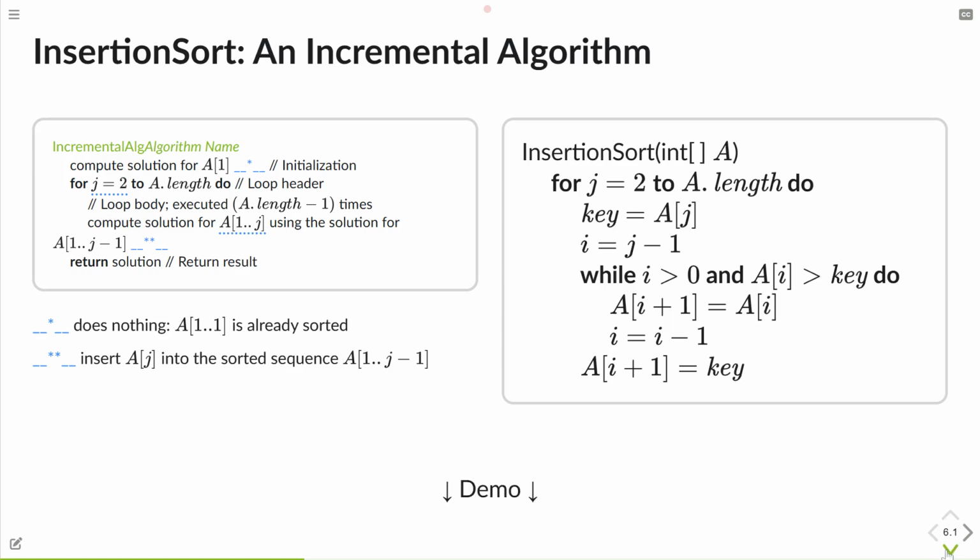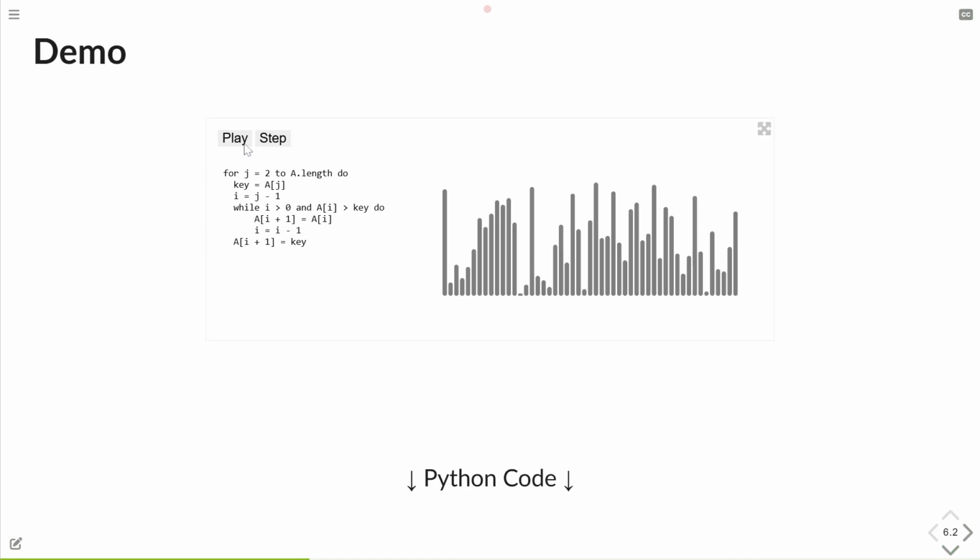Let me just first start playing it and then interrupt it somewhere. Okay, so my current key, you see here. I compare it to the element before that. It's larger, so I'm going to shift that element by 1. Now, I still see a copy of it here, but that spot, what is now red, is free.